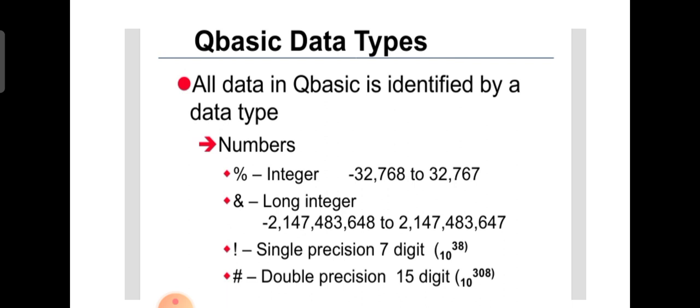So depending upon these types of value, there are two basic data types. One is your numeric data types, in which we add numbers. Numbers can be divided again into different parts. One is your integers. This you have studied in maths, positive and negative integers. Second is your long integers, for very large whole numbers. Then comes your single precision. Single precision only consists of 7 digits, for any decimal or fraction number. Then comes your double precision. If you want to store a larger range of numbers, then we use this double precision.